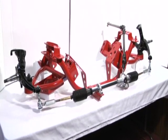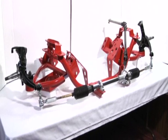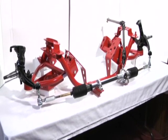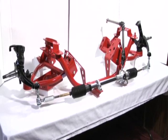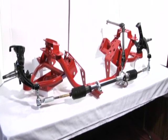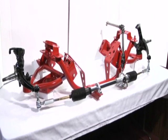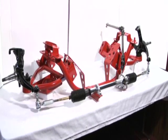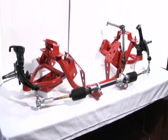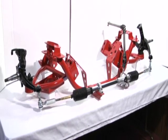What we have here is a display setup that shows all the different options we offer on the tubular K-member, tubular A-arms, and we also have our Pinto manual rack kit installed as well. We're going to give you a video tour here and show you all the details of each of these components. As you'll see, we also have the factory spindles mounted in place. They're powder coated black. It's just to give you an idea of what everything looks like when it's all together